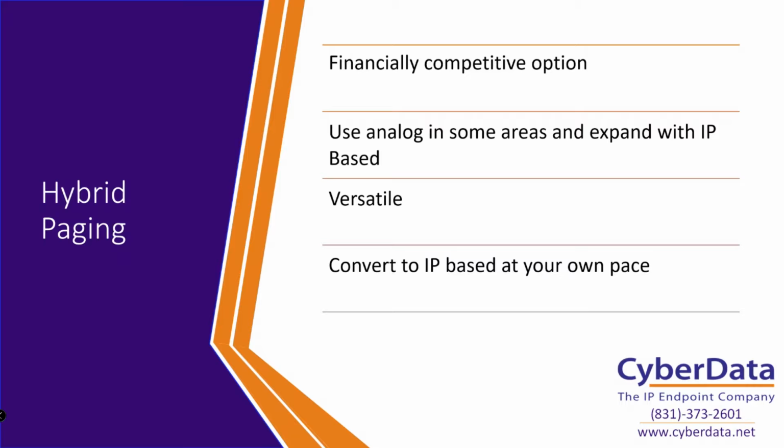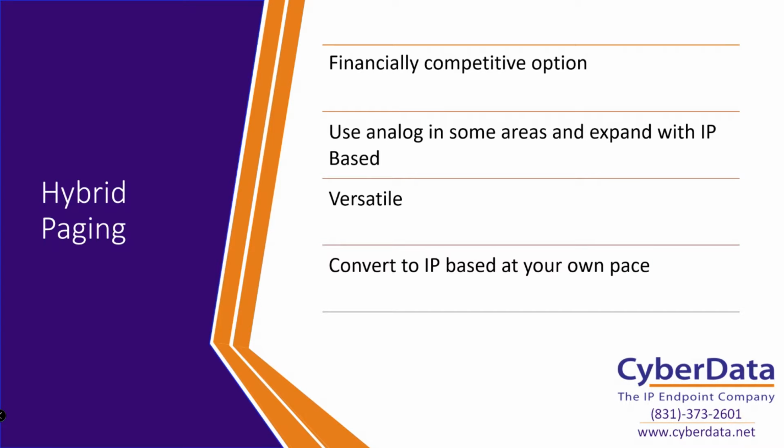And the nice thing with a hybrid-based system is it could literally be a paging adapter to interface with the majority of the paging system and one IP66 horn to, say, cover the blacktop where kids would go play at recess. It could be that simple, where you've got two devices, and that could literally be a hybrid-based paging system. And you can upgrade as you go, especially if the particular school district that you're working with is a little strapped for cash, like a lot of school districts are finding themselves now in our current times,